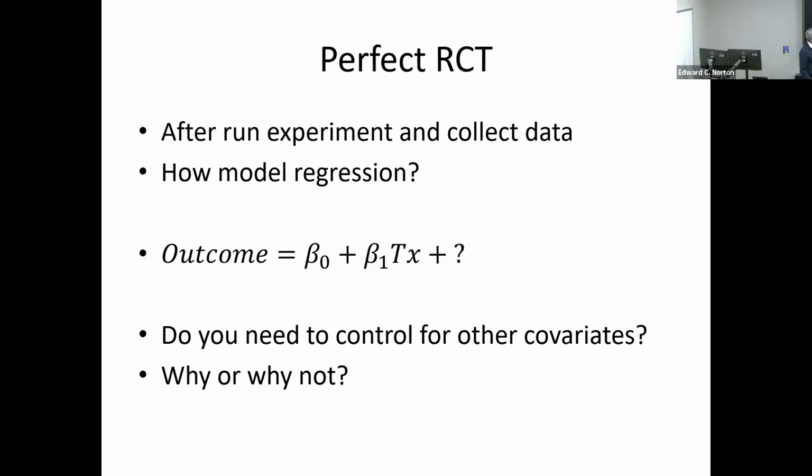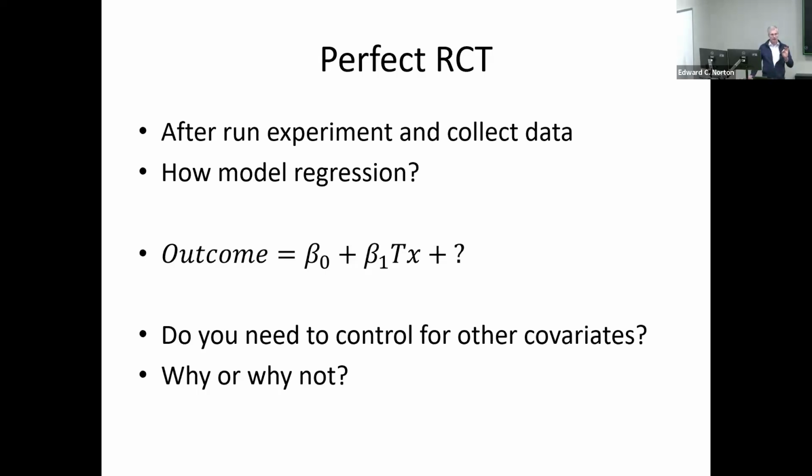One is that in this perfectly matched RCT, the covariates are unrelated to treatment because they're matched perfectly and treatment is one or the other. And so they are statistically independent, they're orthogonal. And so it doesn't matter if you leave them out, they're not confounding. That is a beautiful thing about an RCT. And so this nice property is that it doesn't matter if you include the covariates, except for standard errors. Standard errors change a little bit, but the